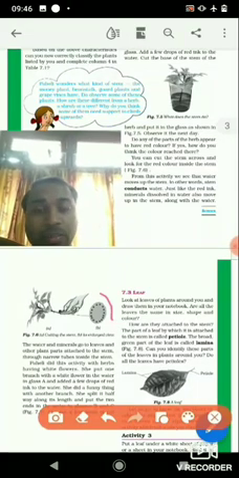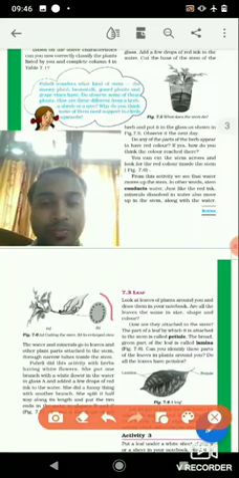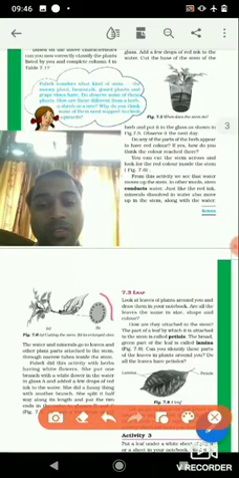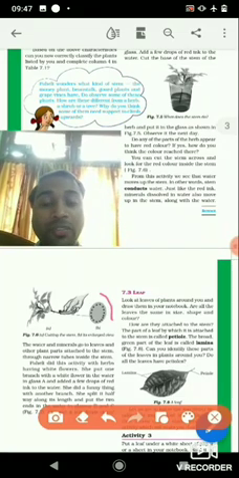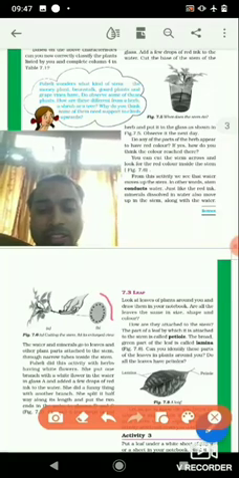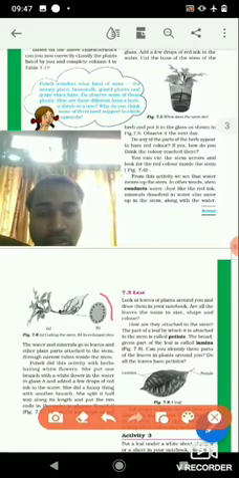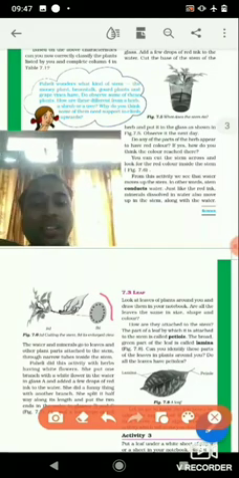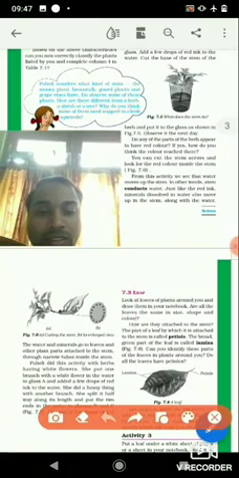And in class 7 you will be studying in detail about the vascular bundle and vascular tissues, and more specifically xylem tissue. So xylem tissue is responsible to conduct the water in plants, and there is another set of tissues which are known as phloem that helps to conduct the food which is manufactured in the leaves to all the parts of the plant. So that again you will be studying in class 7. So that's all for the stem part, and today we are going to start the leaf. Now let's start with today's class.